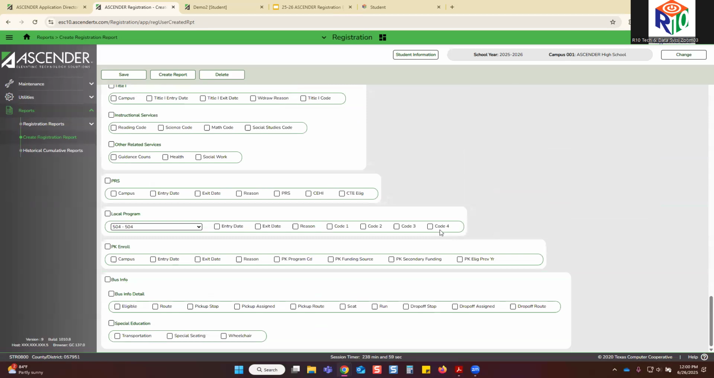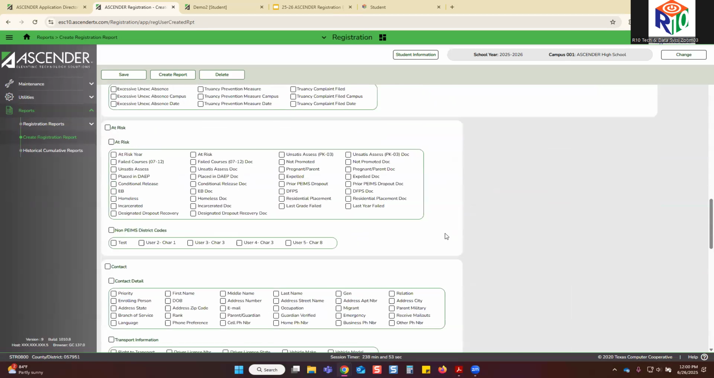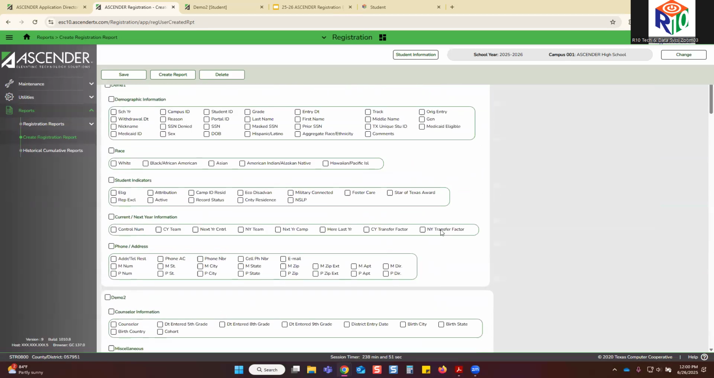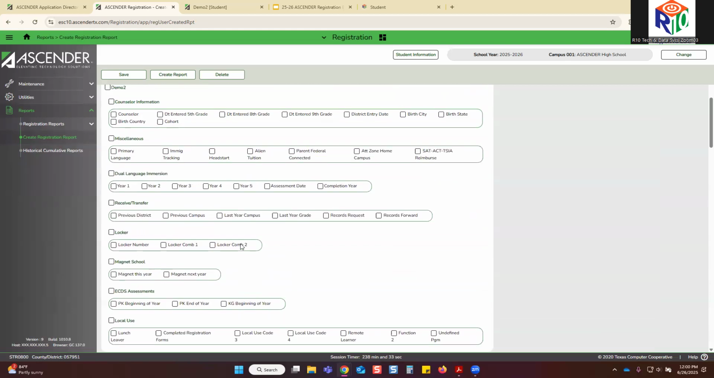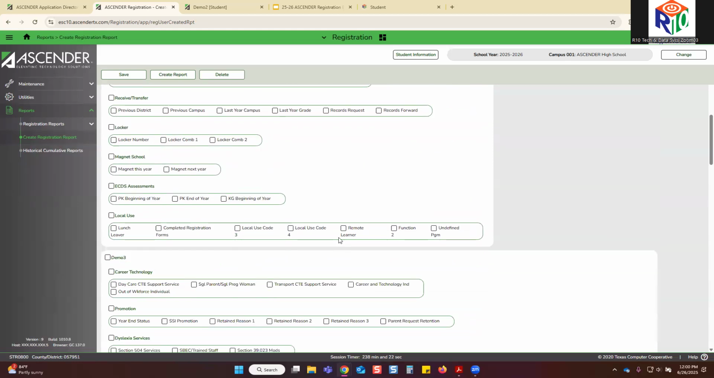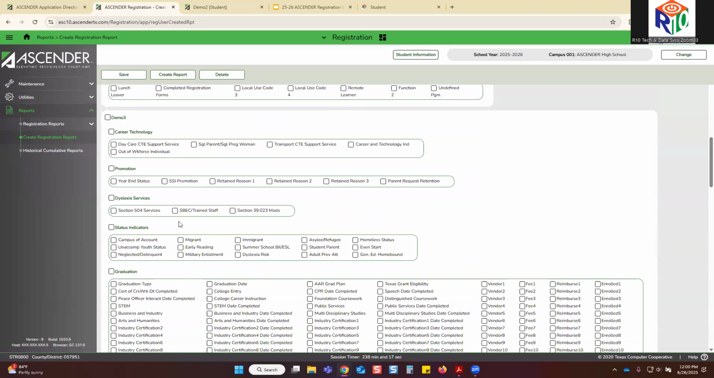So you've got things like your demo 1, so all your demographic information, eligibility, phone and address, your demo 2, like your counselor information, or if you had any of those local use codes that you were using. Demo 3,